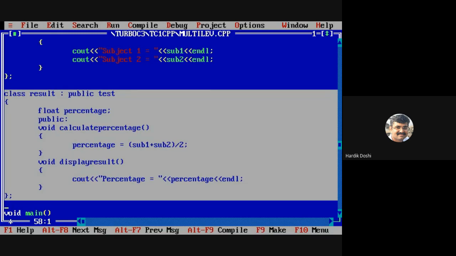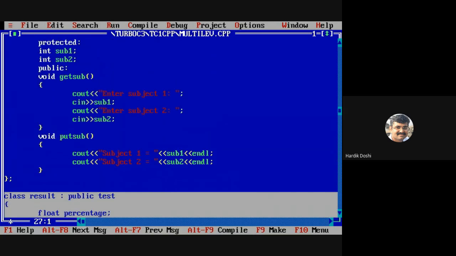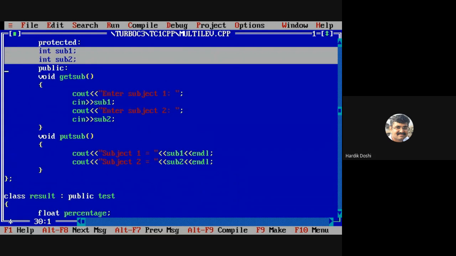All the accessible members of test will be now in the result class. So, which are the accessible members? Roll number is not there in our test class. Is roll number in the test class? Where is it? I have not written it; I have written only sub 1, sub 2. It is inherited. That's why now they are accessible.